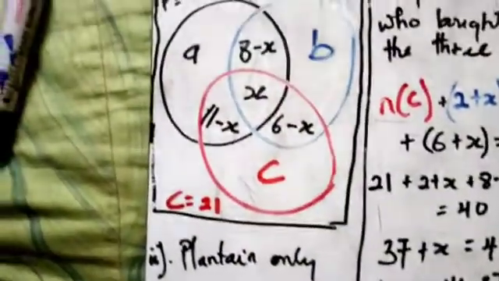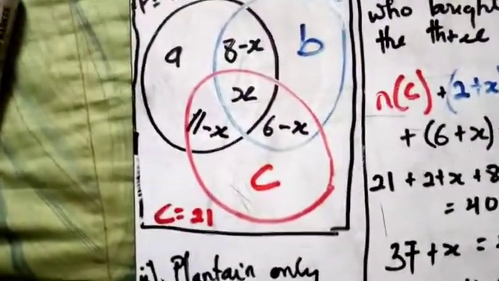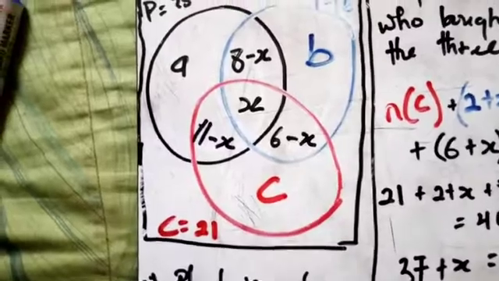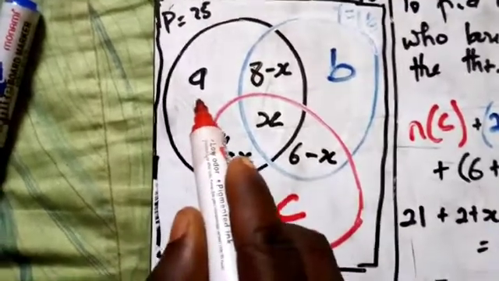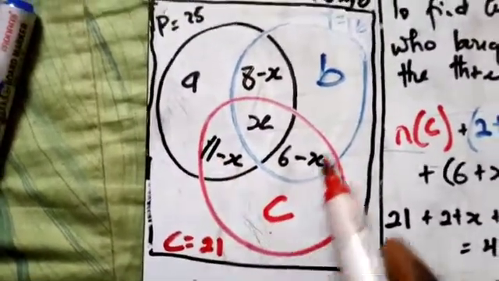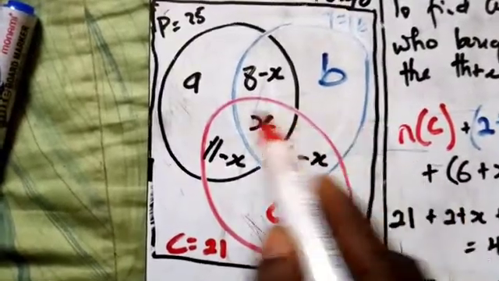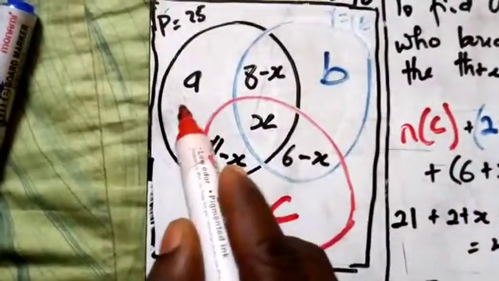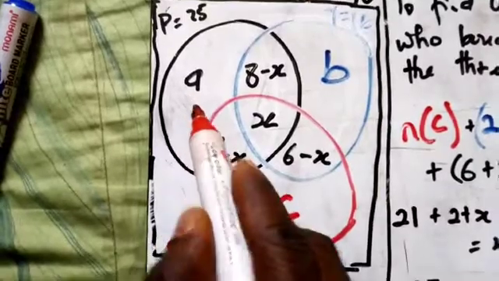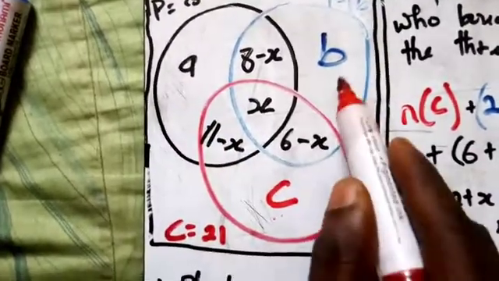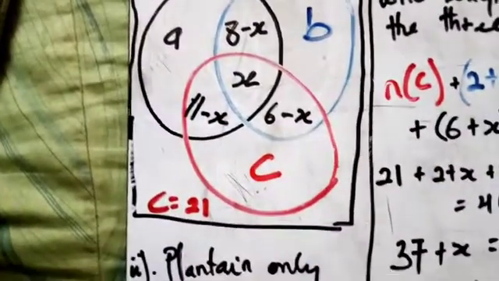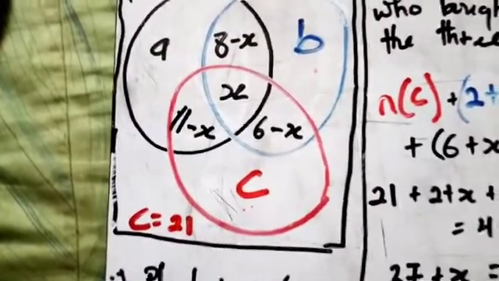You have to go to their room, right, and locate them. I think this portion is for only plantain, and then only corn, and only yam. So when you are counting those who bought only one item, you will count this one here, you will count this one here, we will count this one here. So you have to add everything together to get